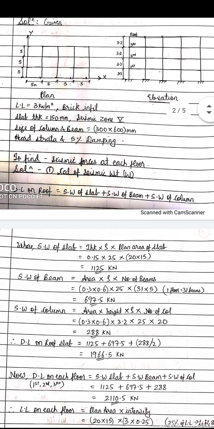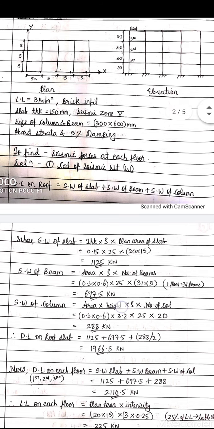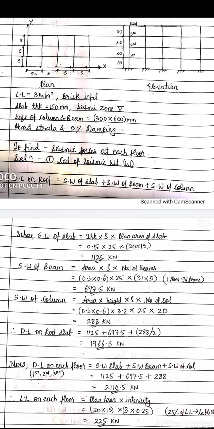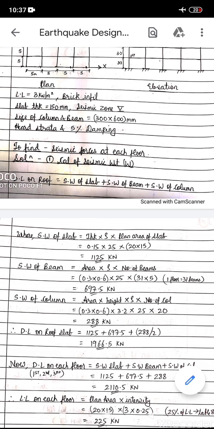So we got the self weight of the beam as 697.5 kilonewton. Now similarly we'll find out the self weight of the column. How do we find the self weight of the column? It is area into height into density into number of columns. What is the cross-sectional area of the column? Again, it is 0.3 into 0.6. The floor to floor height is 3.2 meters, the density is 25, and for the number of columns, again